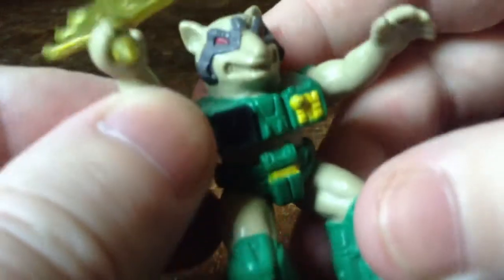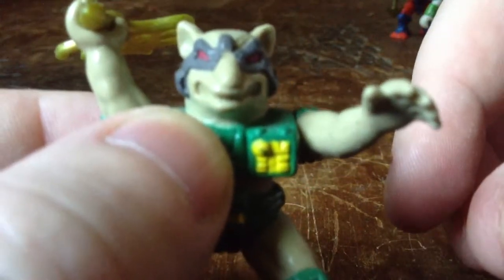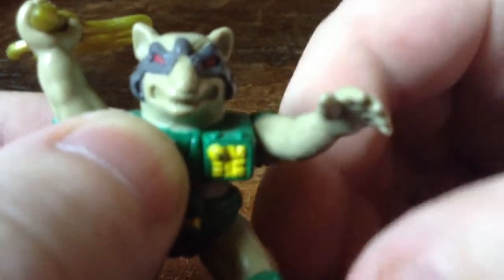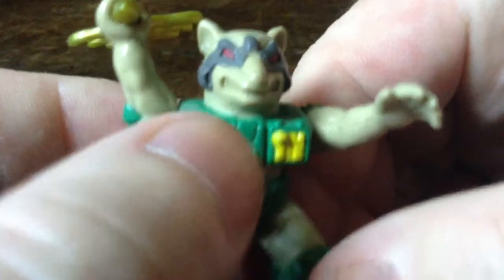And okay, if I hold his weapon out of the way for a minute, see if I can make his badge appear. And I think, yes, this one's black and white as before. And I really like the idea that they did a raccoon because when I was a kid, my favourite cartoon was the Raccoons. Now, I know he's nothing to do with that franchise, but it didn't matter. I thought raccoons are pretty cool, so...